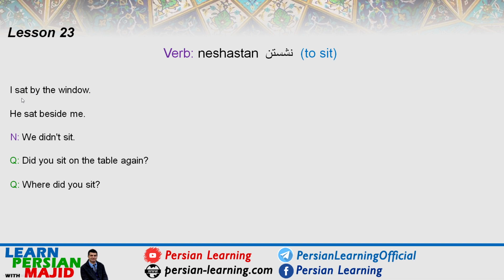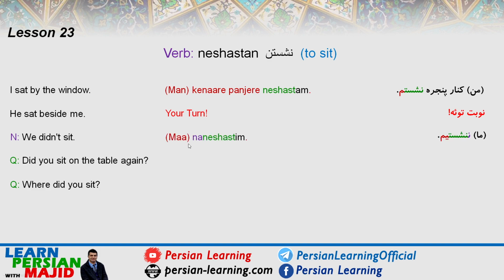نشستن. I sat by the window. کنار پنجره نشستم. We didn't sit. ما ننشستیم. Did you sit on the table again? دوباره رو میز نشستی؟ Where did you sit? کجا نشستی؟